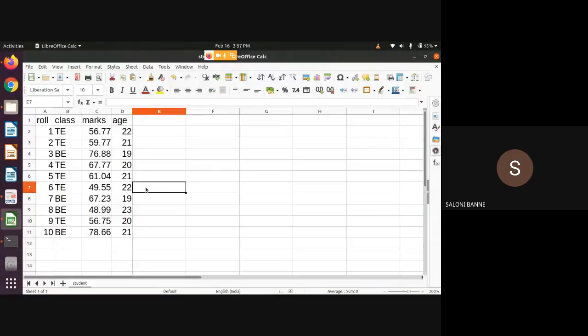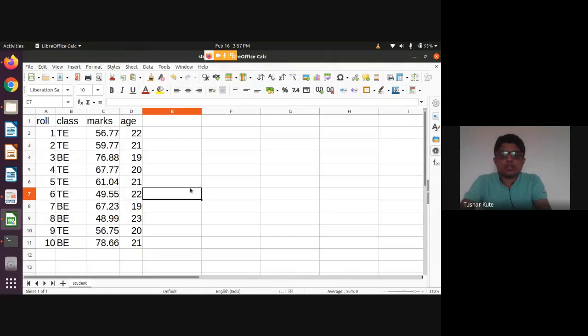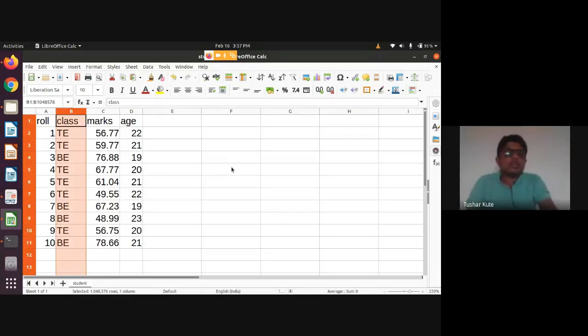Now see this. The data set which is present with me has roll number, class, marks, and age. When I am to build the model, the information present here is in string format, so that cannot be used as it is. We need to transform this data into a dummy variable kind of format, that is, it will convert the data into 0 and 1 format only. For that purpose, we'll be making use of the dummy variable concept.